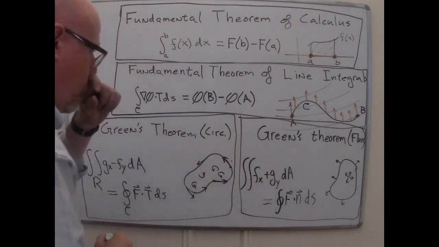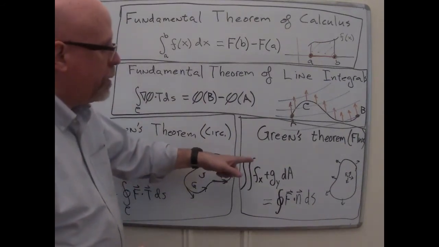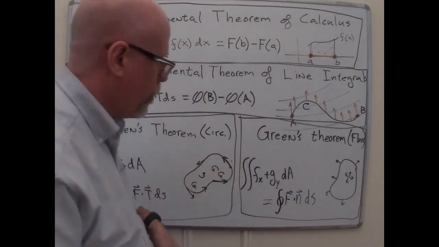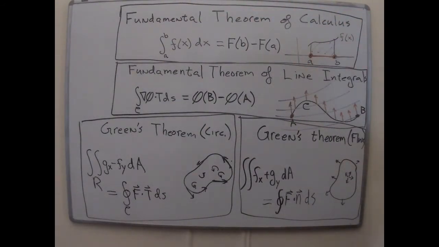And let's just quickly work over that. In the one on the right, the flux version, you're trying to find flux, which is the same idea as flow across. That is, these little vectors that point across the boundary of the region. And that is related to the extent to which the flow expands inside the region.